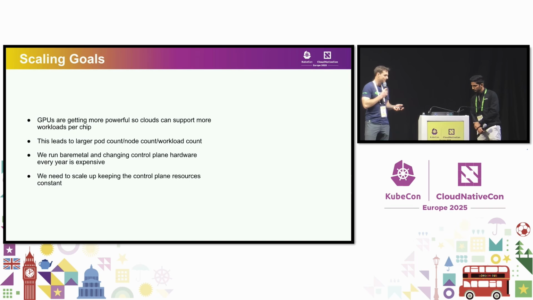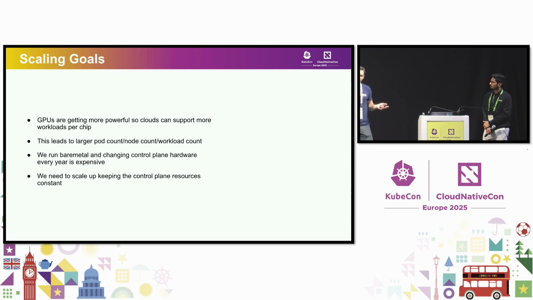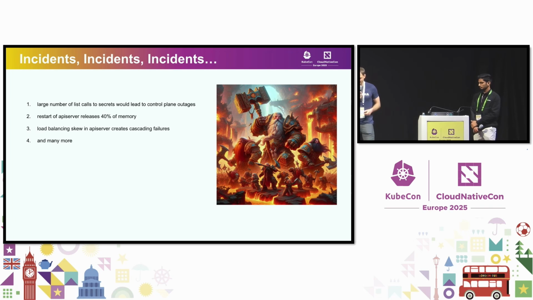So we did an experiment where we wanted to, as a bare metal provider, somebody who runs Kubernetes on bare metal, see if we could scale the compute independently of the control plane. What we had in mind is we would take our control plane and say, okay, let's have a fixed set of memory and CPU, and let's scale up our compute and see what happens. So we keep control plane resources constant, and we want to see how it performs. So it went perfect, right?